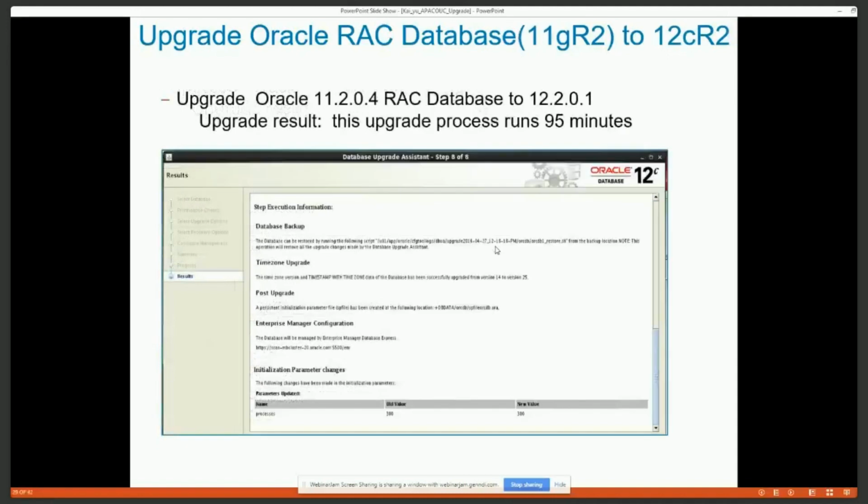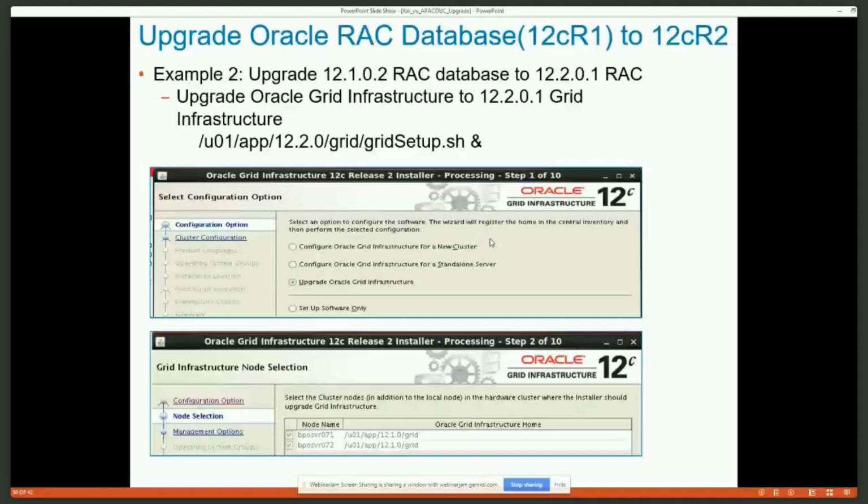So that was the 11gR2 RAC upgrade to 12cR2. Now another direct upgrade for RAC is 12cR1. Oh, so we finished 11gR2 to 12cR2. Sorry. The second one is if your current database is already in 12cR1,